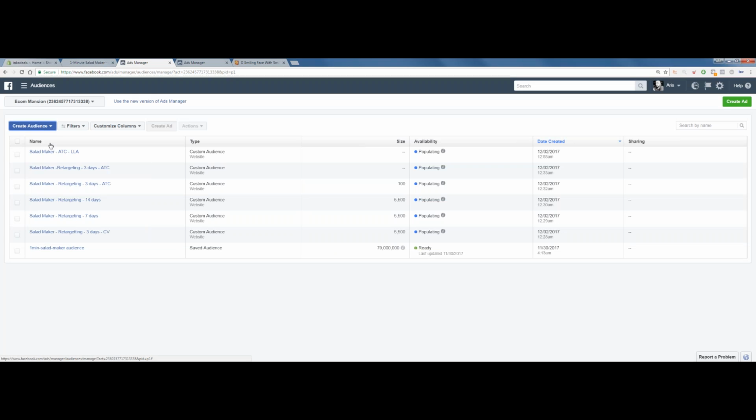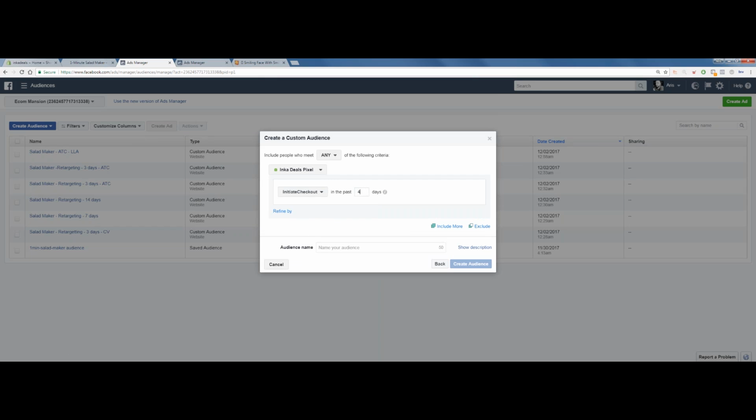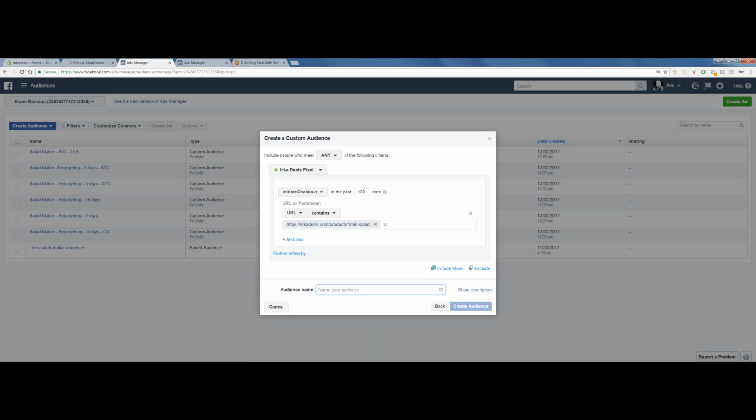Done. We're going to create another custom audience for initiate checkout, website traffic, initiate checkout, past 180 days. Salad Maker, initiate checkout.